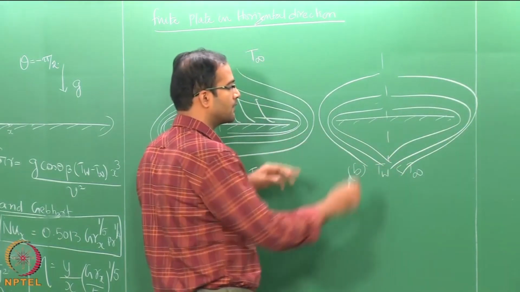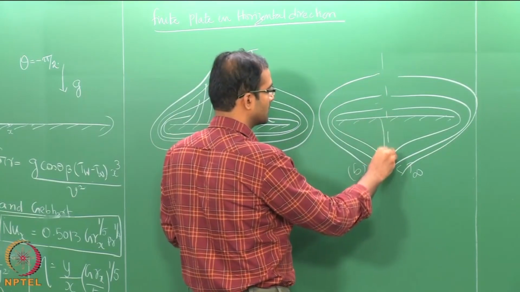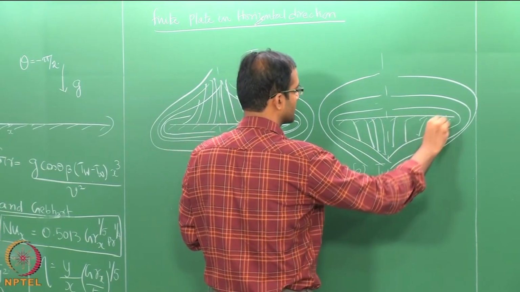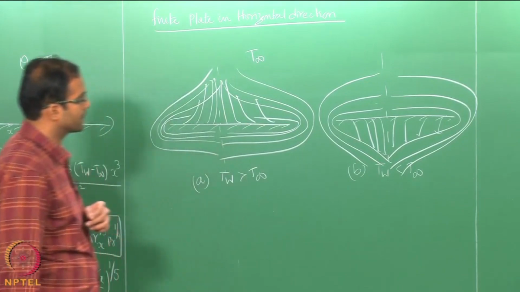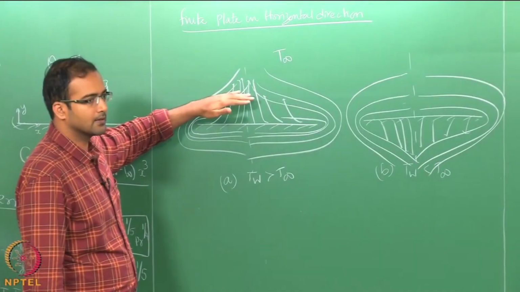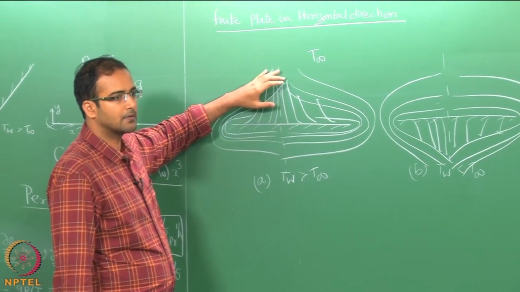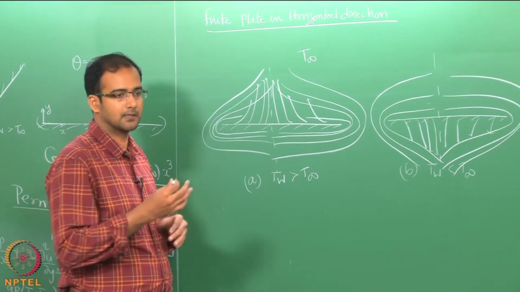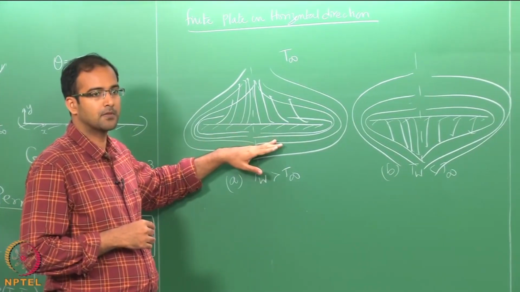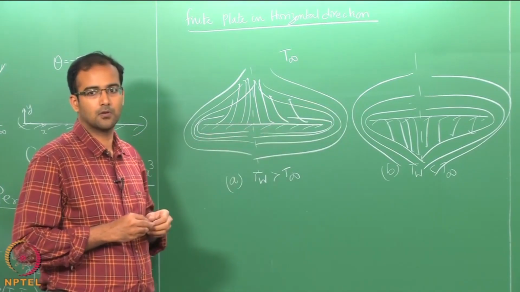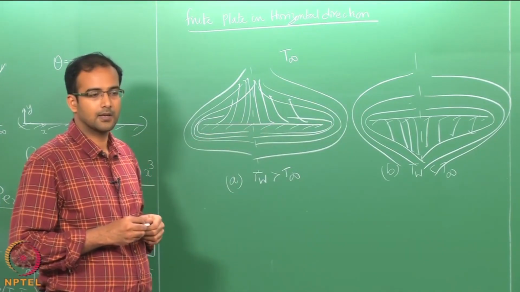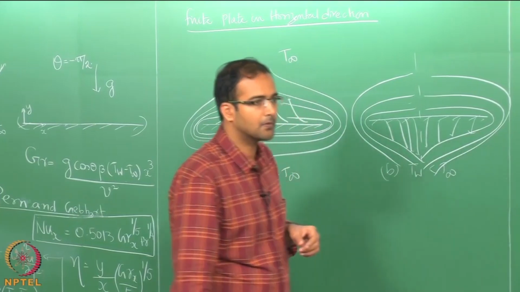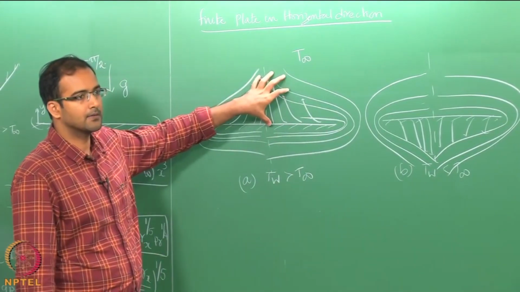And at the same time the heavier fluid at the bottom surface here will also tend to move downwards. So, in one way the flow pattern at the top surface of the heated plate and the bottom surface of the cold plate are identical, and vice versa. And the flow patterns in the bottom surface of the heated plate and the top surface of the cold plate are also identical. Okay. So, therefore, the empirical correlations have been developed for one pattern which is this one, the